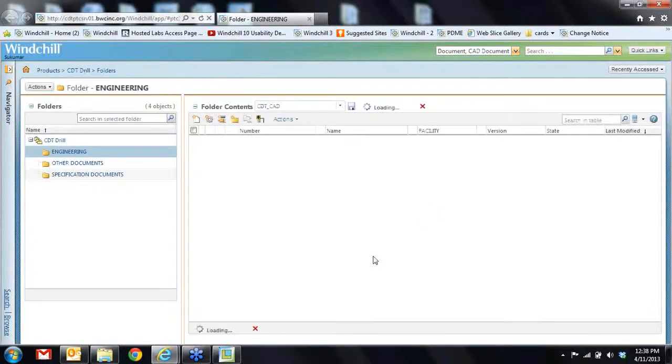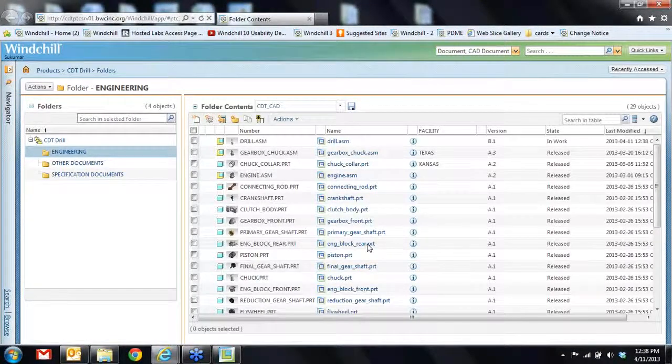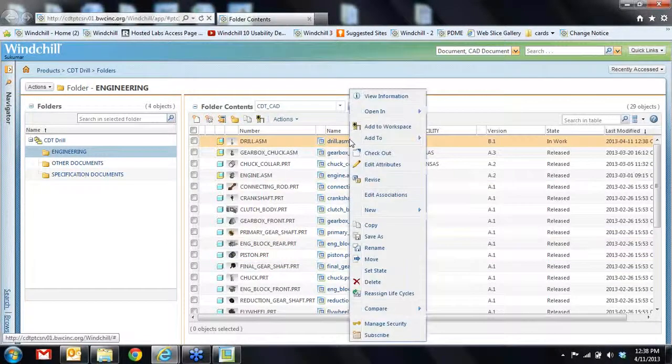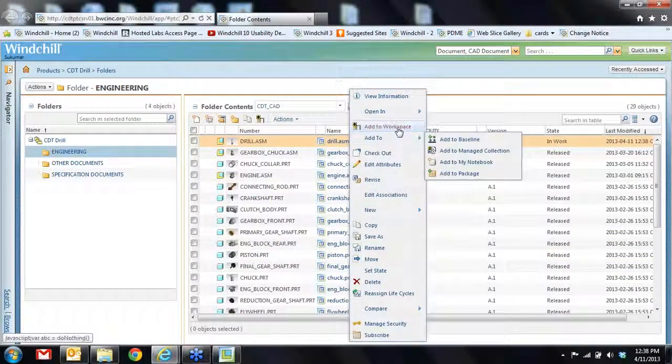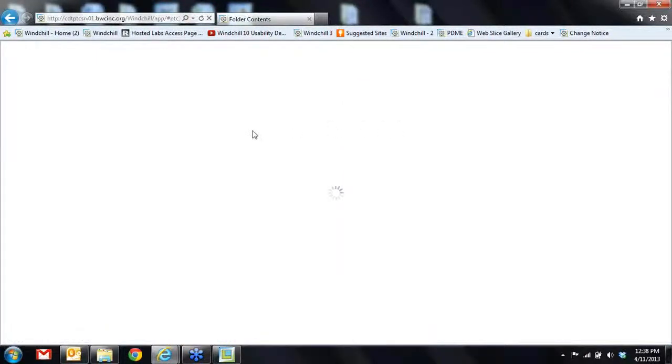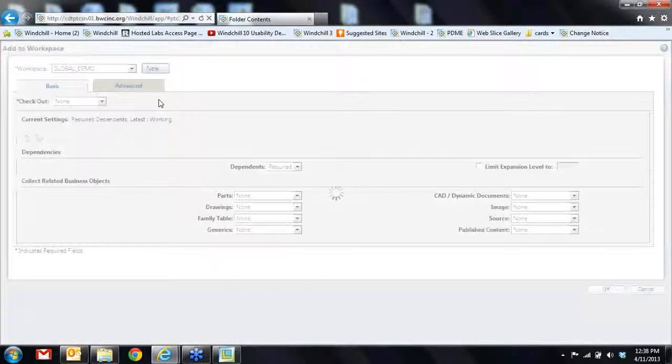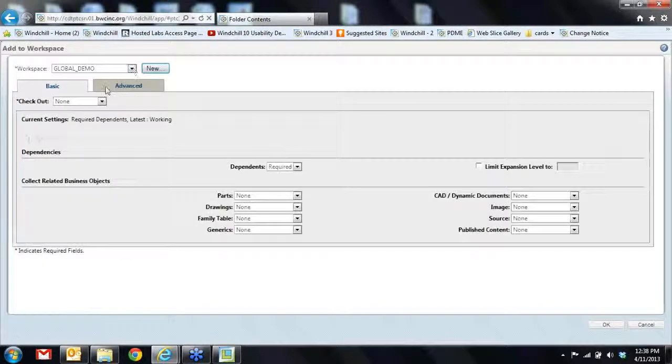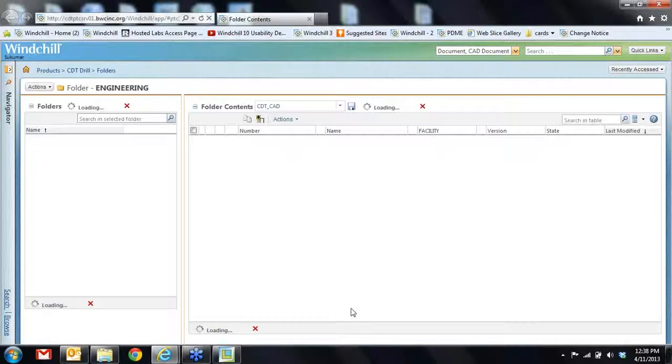So here I'm quickly revising it. So notice that the drill assembly has been revised. I can right click and say add to my workspace. So I have a bunch of workspaces. I can choose to say, okay, add to that workspace and get me all the required dependents. So here I'm quickly adding that to my workspace,